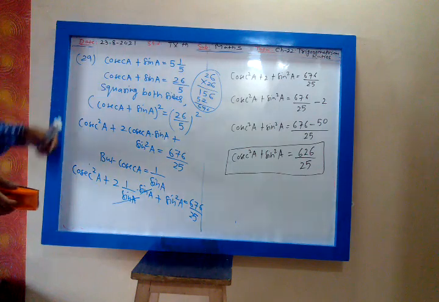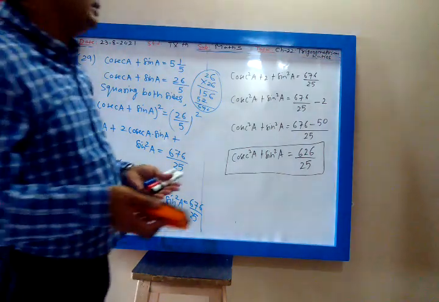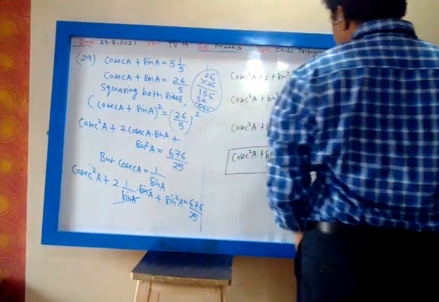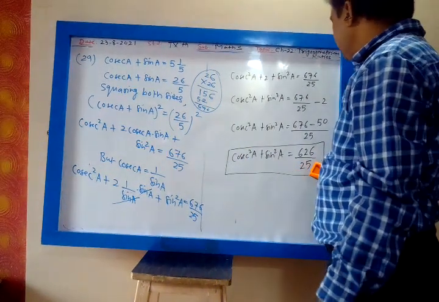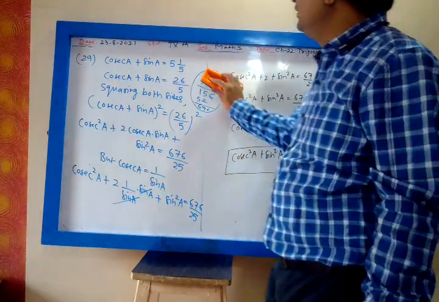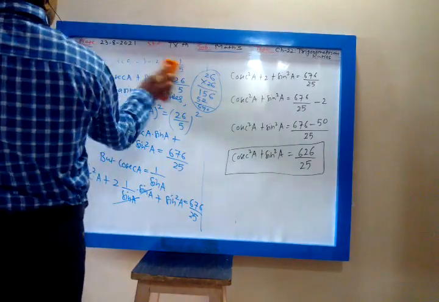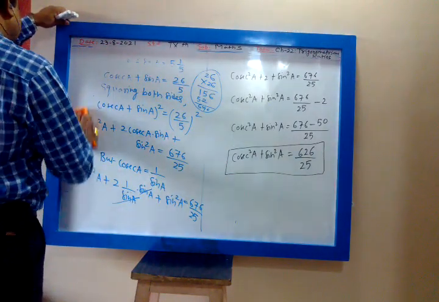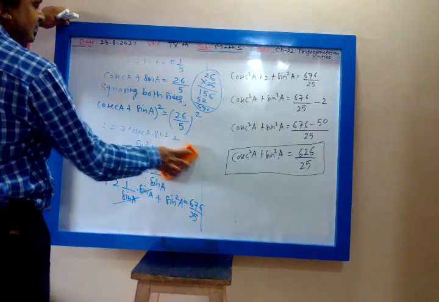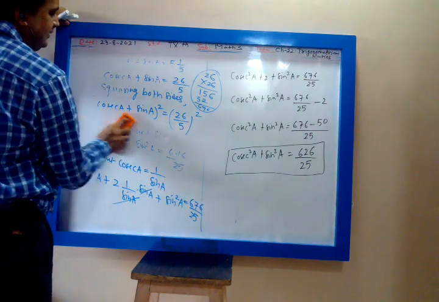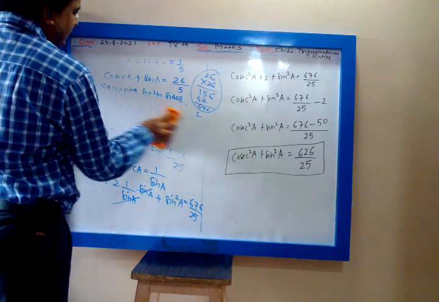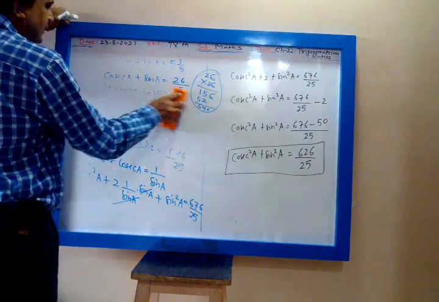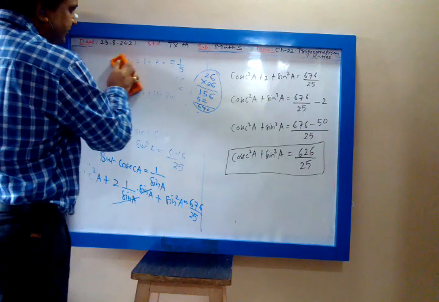No need of that. If in a multiple choice question the answer is given as a mixed fraction, then you convert them into mixed fractions. Otherwise, that does not matter. Conversion of mixed fractions is done in the 6th standard, and all of you are in the 9th standard. Students can easily convert them into mixed fractions.